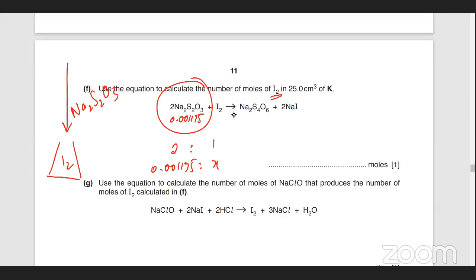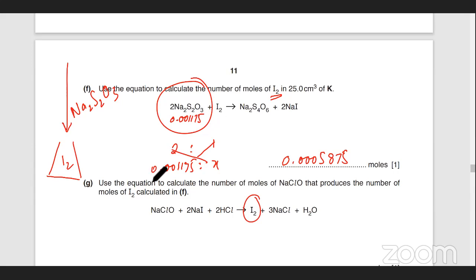हाफ। इट वुड बी 0.001175 into x is equal to 2x, तो हाफ कर लो इसको, ठीक है। सो आई एम गोइंग टू डिवाइड दैट बाय 2, and I'm going to get 0.000587 मोल्स। तो आयोडीन के मोल्स आ गए ये। अब अगले रिएक्शन में वो आयोडीन के मोल्स से उसने